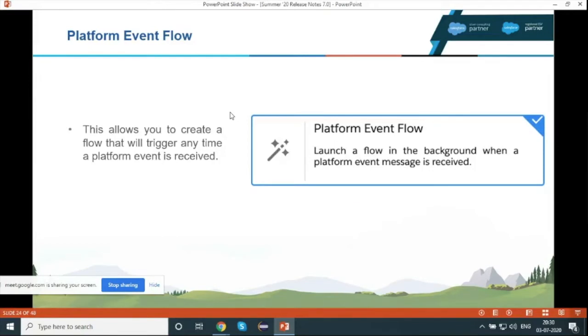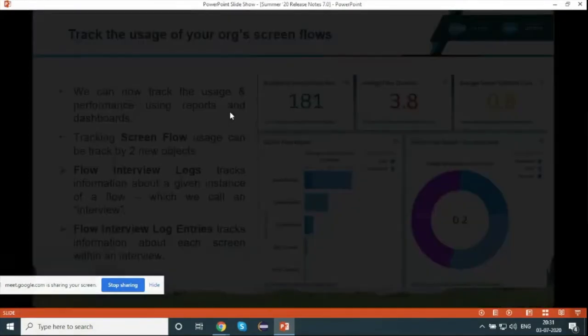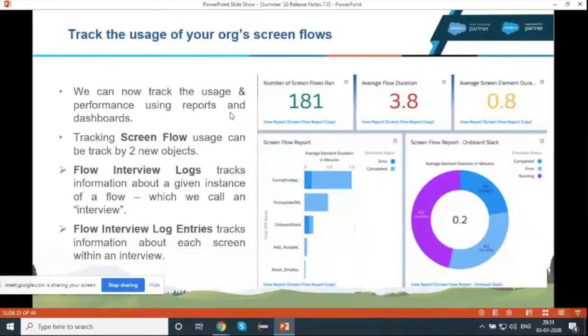The pub/sub model, as I'm saying, is used to integrate multiple systems, so there will be client one and client two sides. On the client one side, I can simply create an event. I need to publish that event, and on the client two side, I need to subscribe to that event. So whenever I send the event from client one to client two, it listens to that event. So like this, we can integrate multiple systems using platform events. And now, whenever a platform message is received in Salesforce, I can simply call a flow.